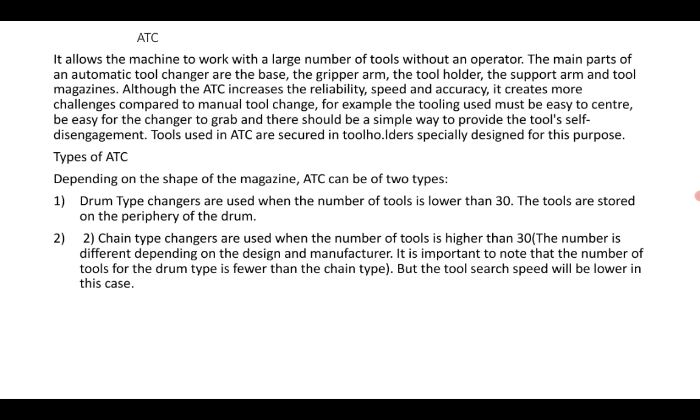Of course it increases speed and accuracy, but at the same time it creates more challenges compared to the manual tool change.